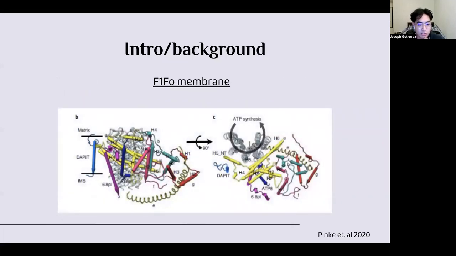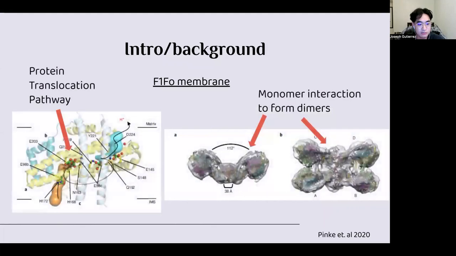Prior to the article, the structures of some ATP synthases have been determined using crystallography. However, in a previous porcine or pig model, the resolution was very limited, so the atomic model for most of the membrane domain remained unknown. Detailed knowledge of the F0 domain is important because this is where proton translocation occurs and where monomers interact to